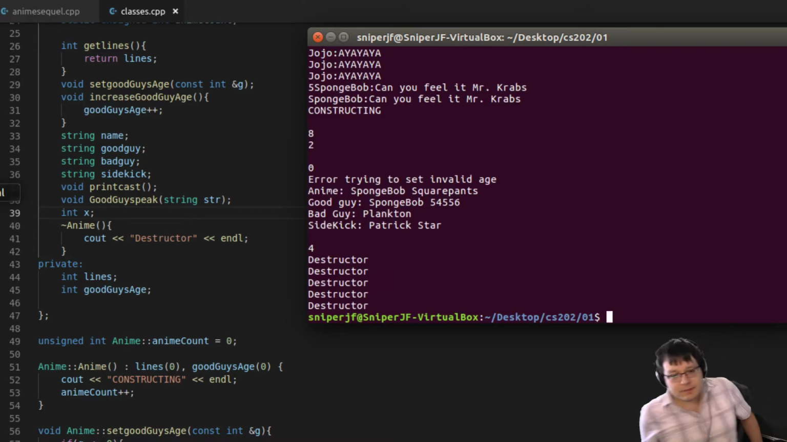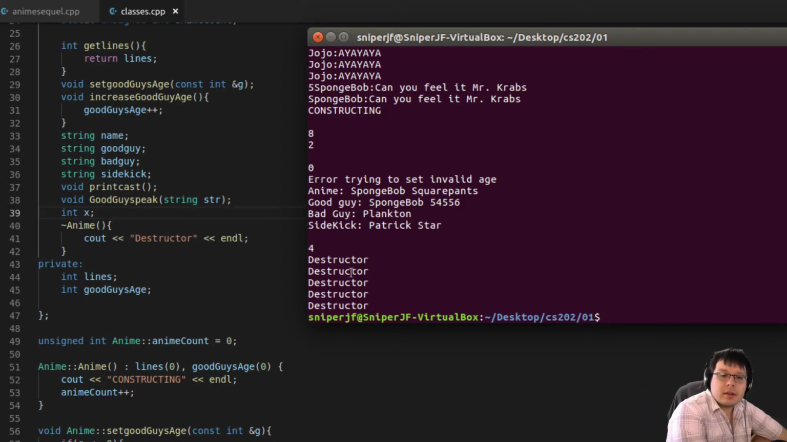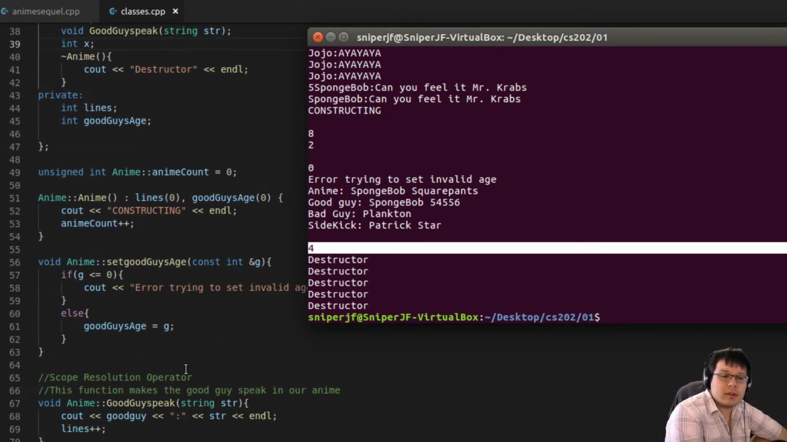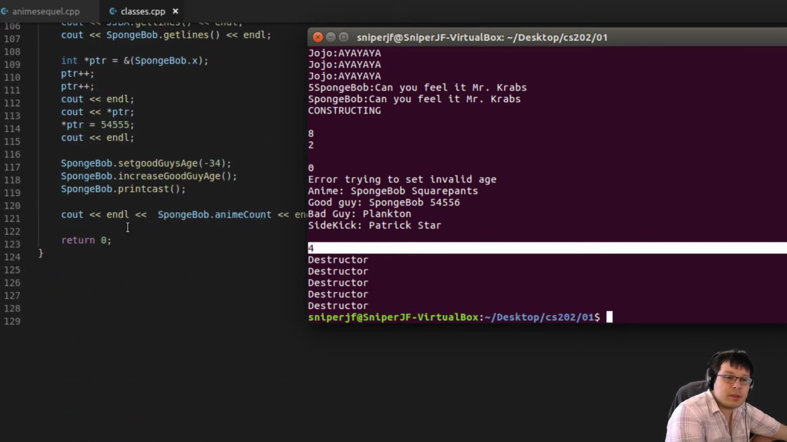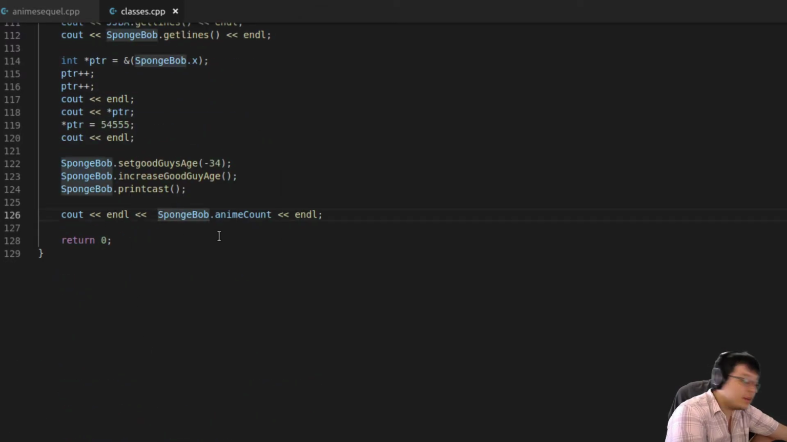So now we've created, and here it is. Here's the 4. It's obviously printing before the destructors, because the destructors are the last thing that's going to run in this case. So we can say anime